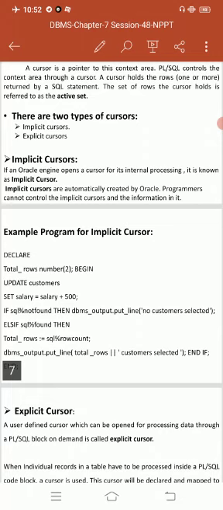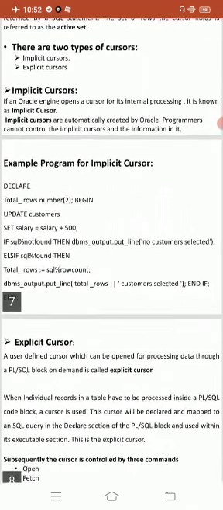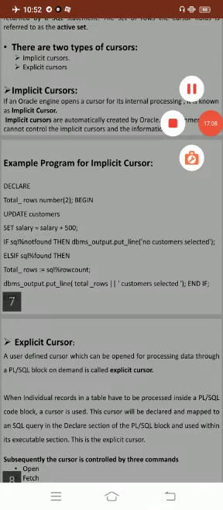Programmers cannot control the implicit cursor and the information in it.